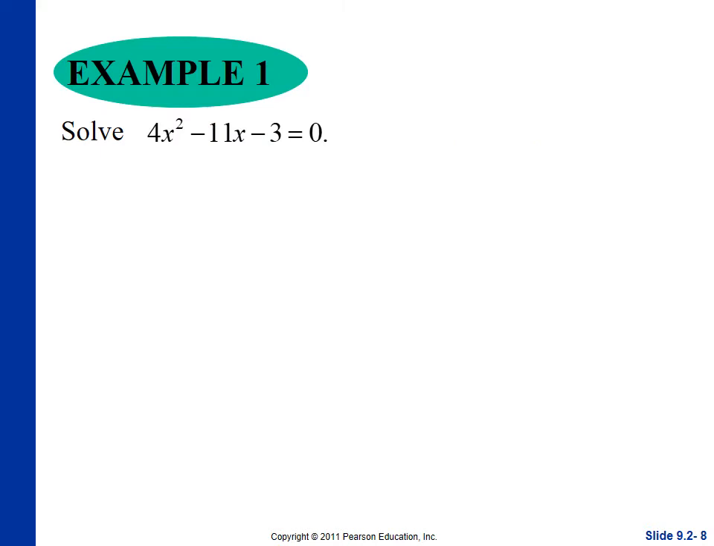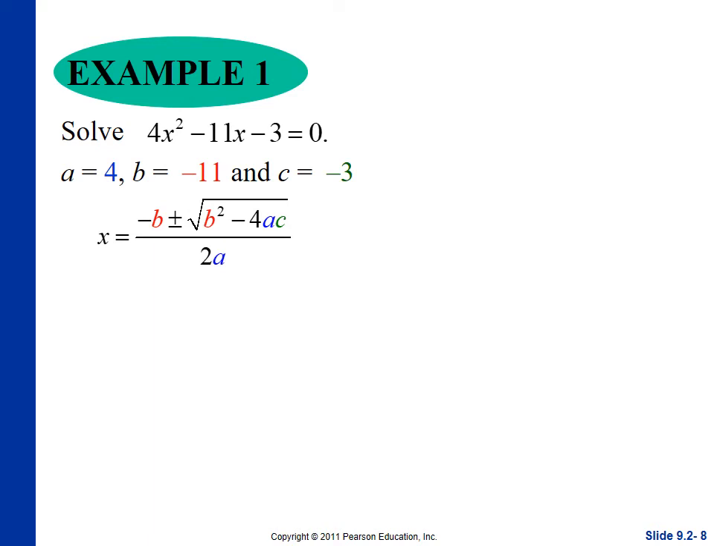So we're going to solve 4x squared minus 11x minus 3. First thing we want to do is figure out what a, b, and c are. Well, a is 4, b is negative 11, and c is negative 3. And notice those are in blue, red, and green. So we're going to plug in those values into the quadratic formula, negative b plus or minus the square root of b squared minus